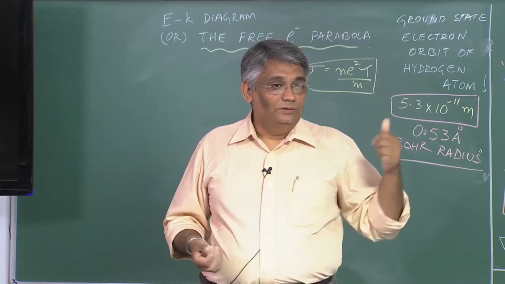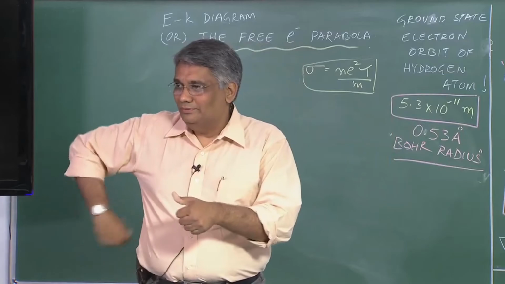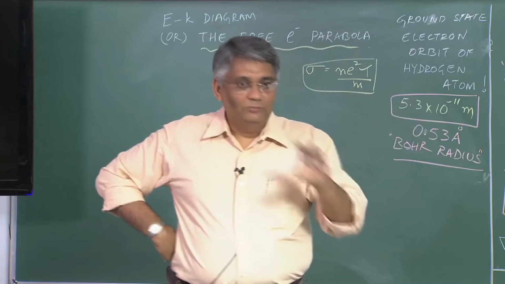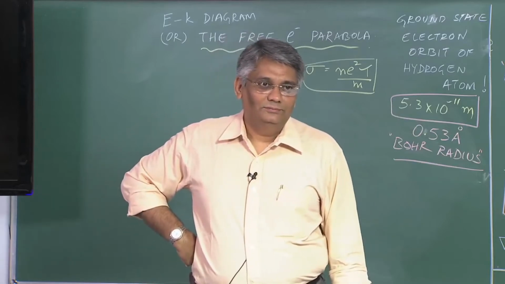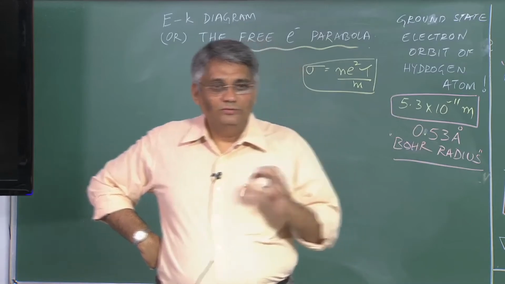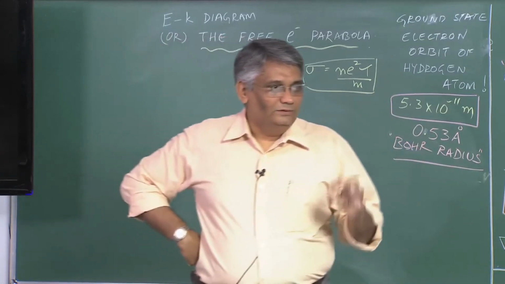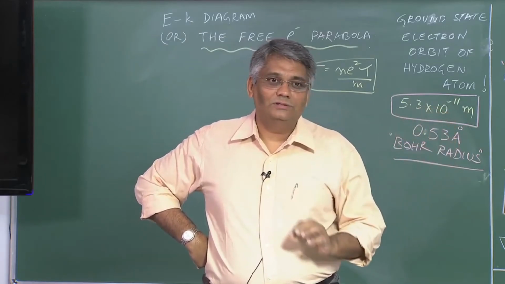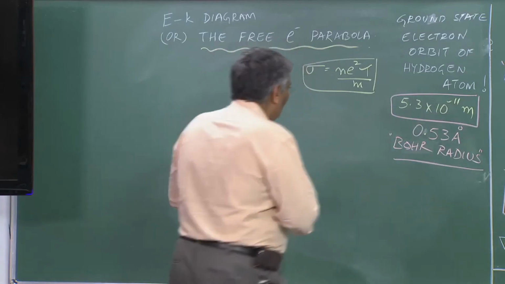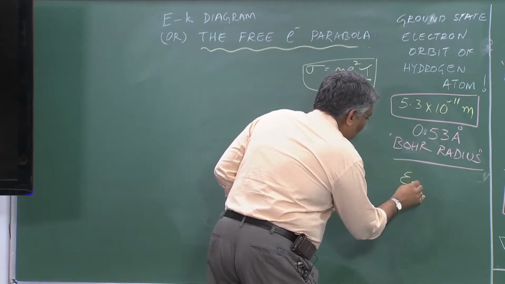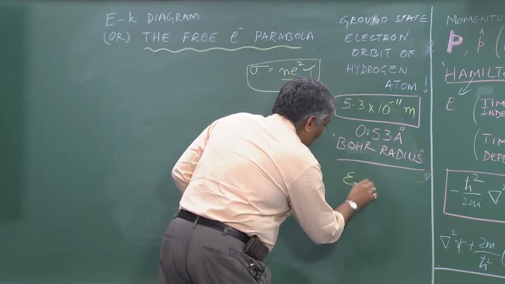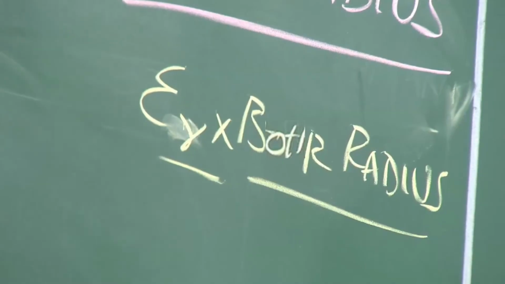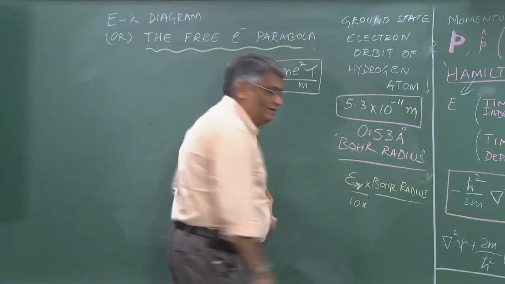Now, the electron that is generated during the process of doping in a semiconductor is also free to move, but within a certain radius. This is very important. And how do you define that radius? The radius is defined by the Bohr radius times the dielectric constant of the material. So it is the Bohr radius multiplied by the dielectric constant epsilon r. If the dielectric constant of a semiconductor is say 10,